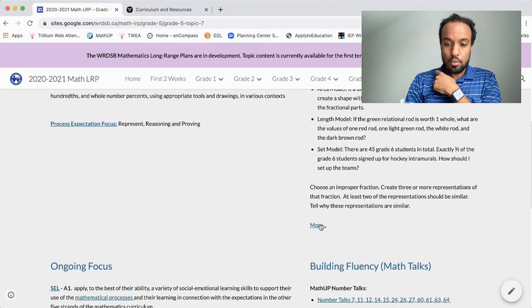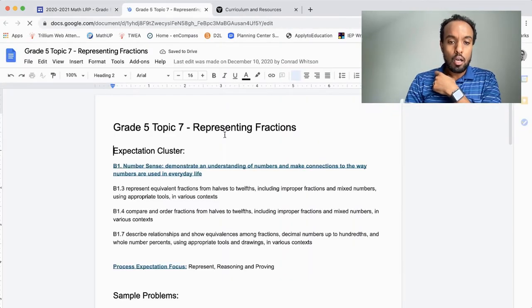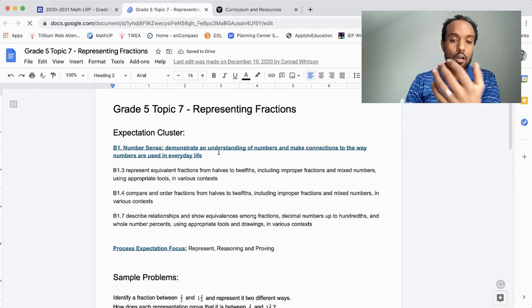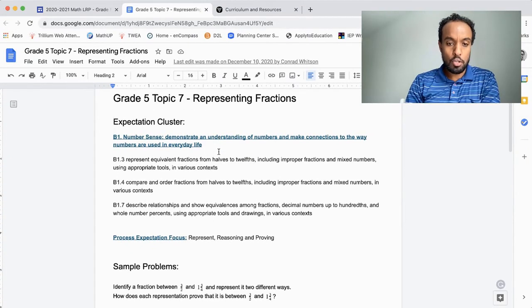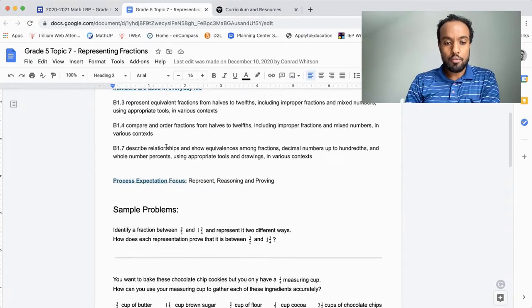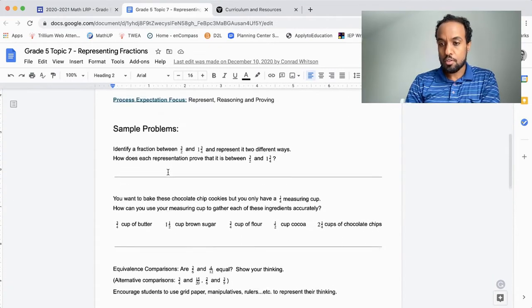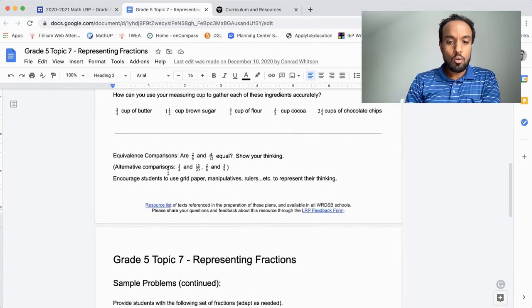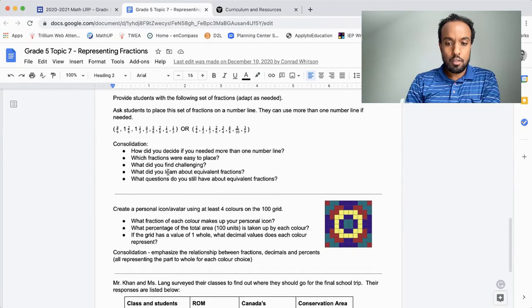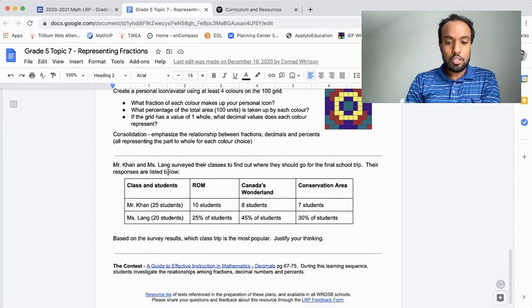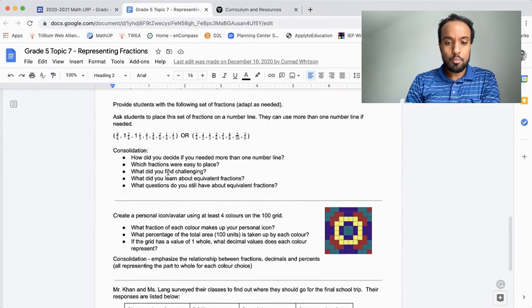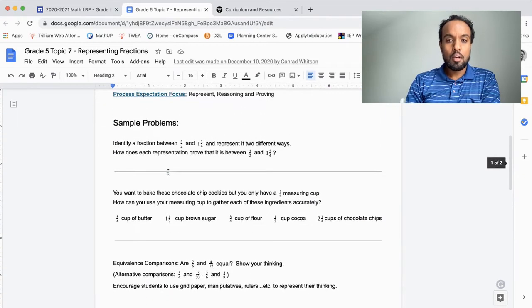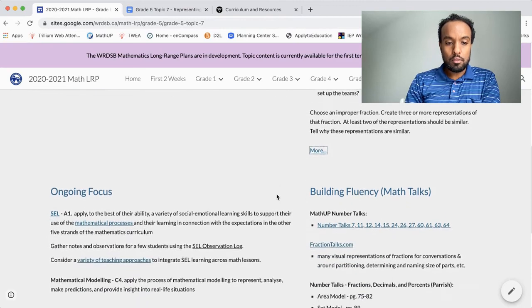But also, it's important to note that there's this More button, which links to a document that has a list of sample problems you might use with your class, along with a printable form of the expectation cluster. That's a response to a request we've had. So in grade 5 and topic 7, you can see that there's a number of sample problems you might use with your class there. Scrolling further down,